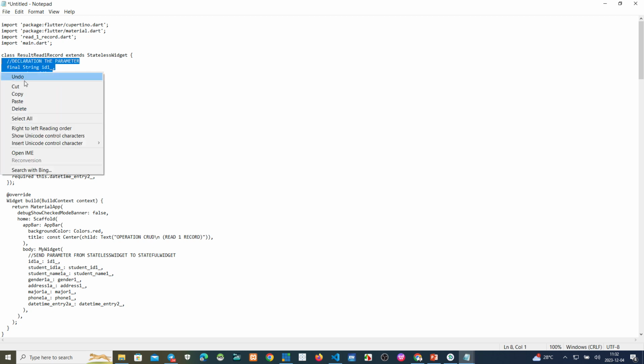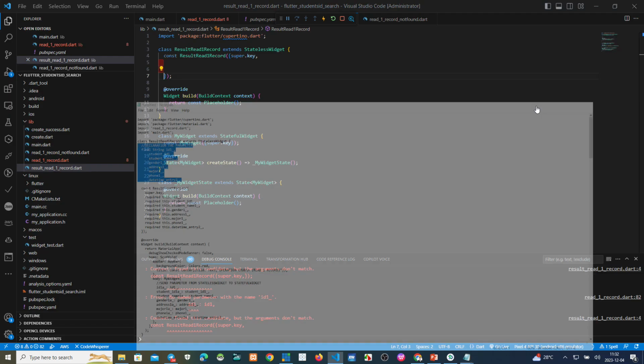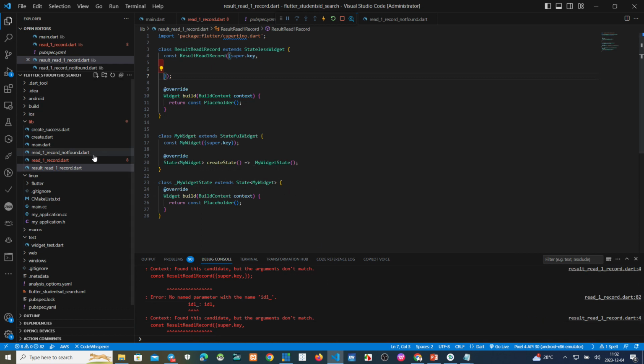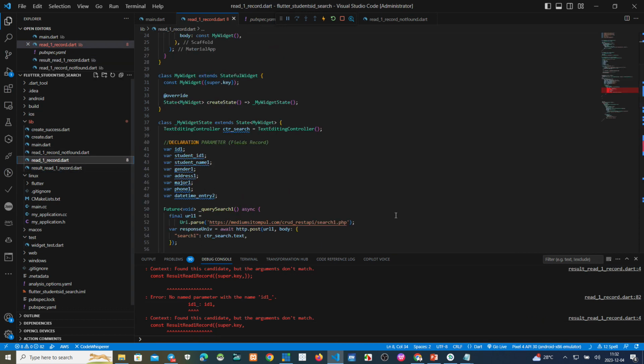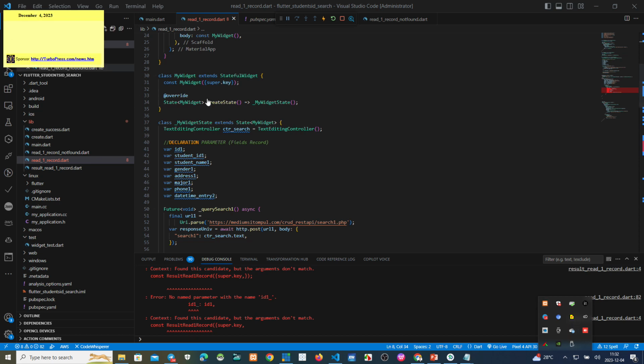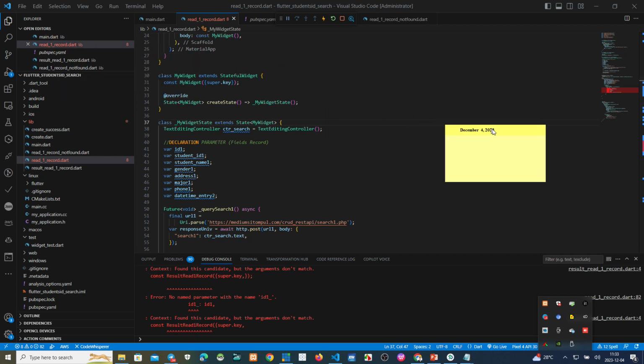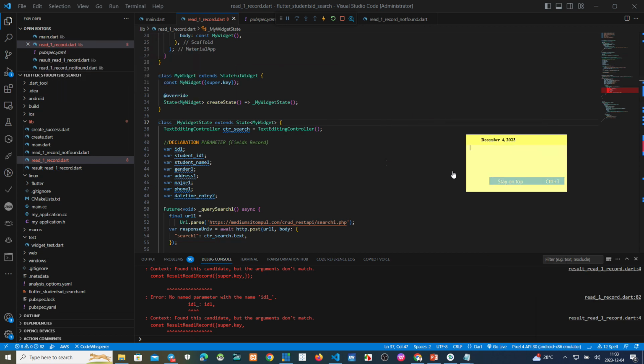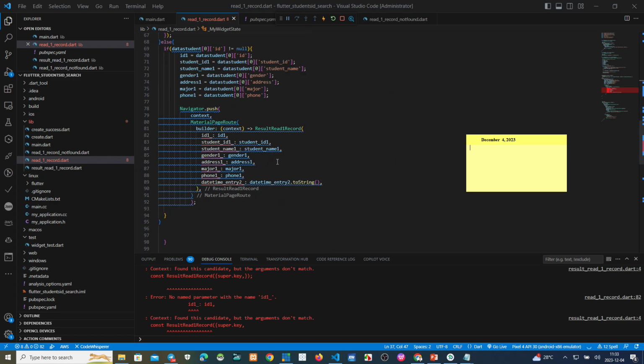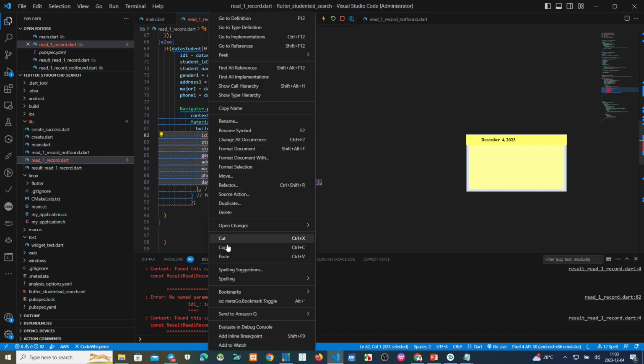Okay, I think it's better for you to show. This parameter you send to the next page. This, we put here.